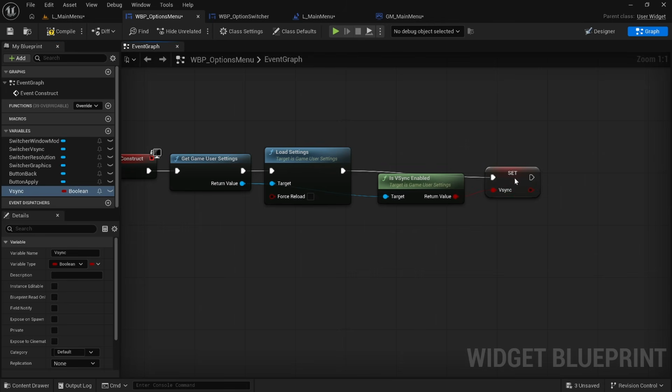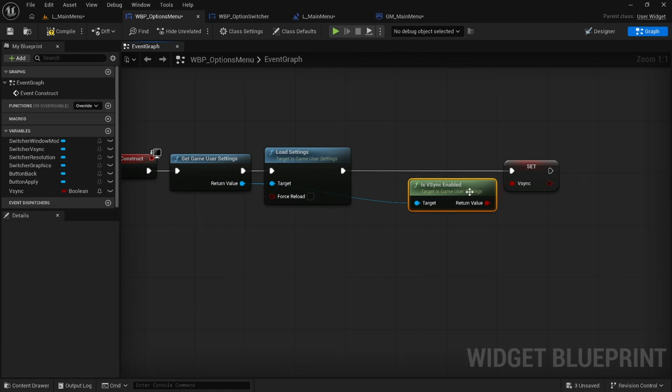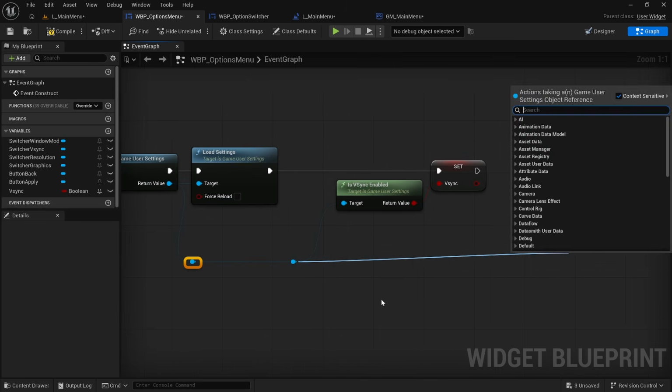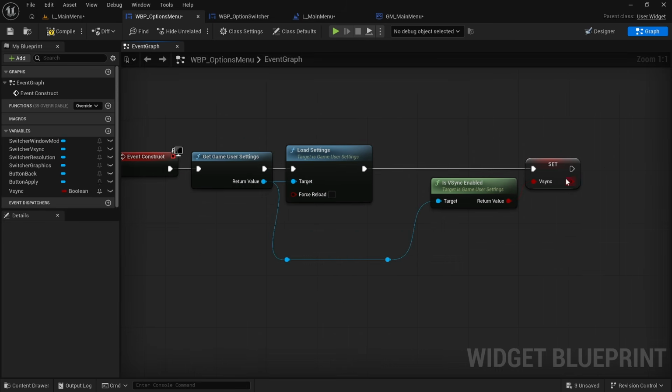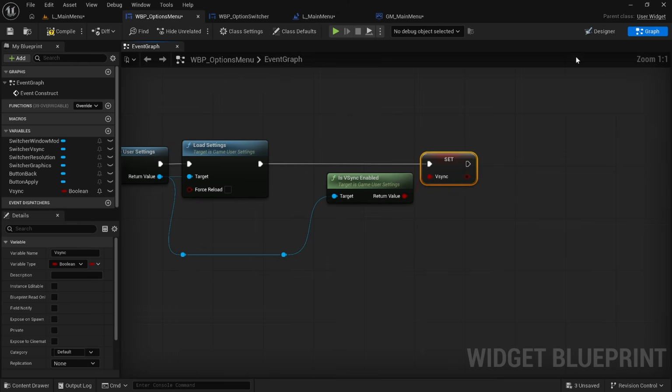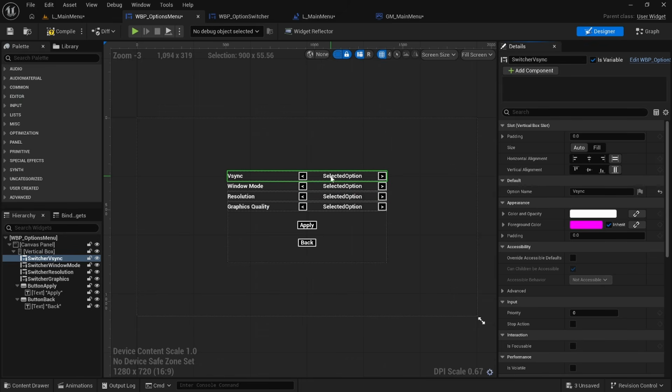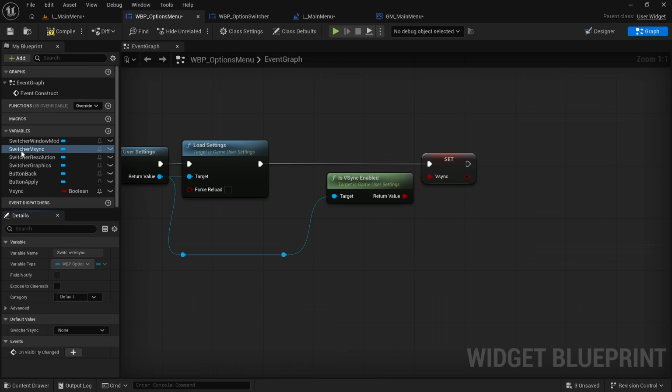Then I can connect it here and line it up. And I want to double click here to create a reroute node and then double click here again. So we can just have one nice line from this return value here that we can then use on the other side as well. Now I want to use this value of true or false to then update the text on this vsync, right? Instead of selected option, I want to show on or off. So here we have the switcher vsync, and I can drag it out here, the switcher vsync, get it,